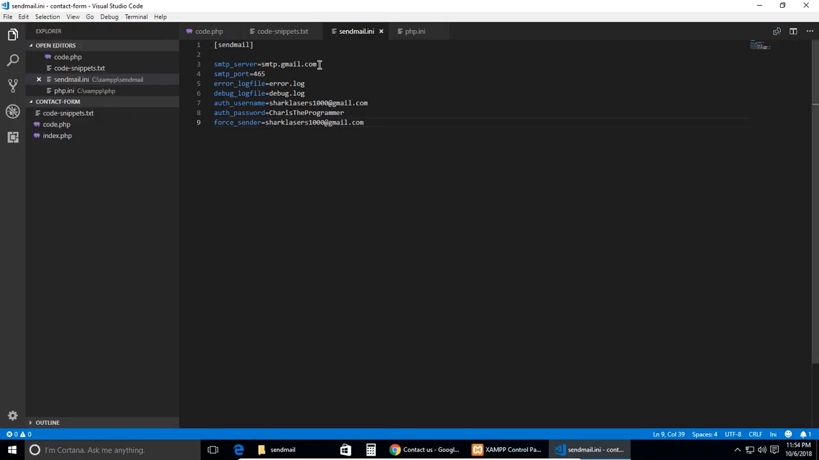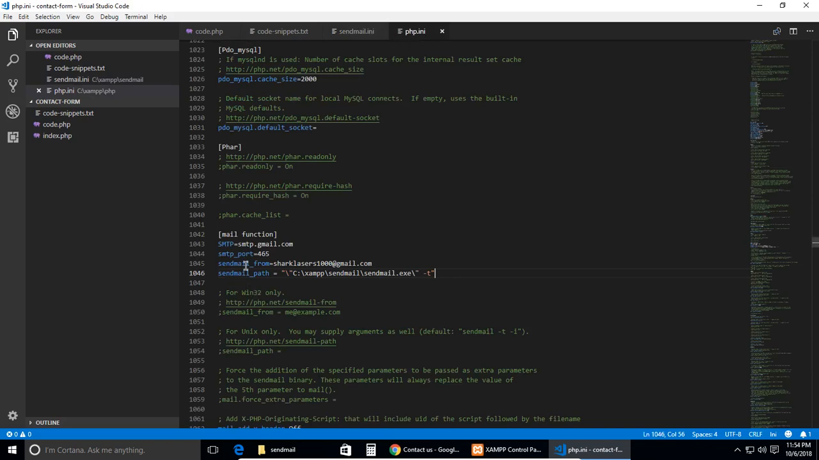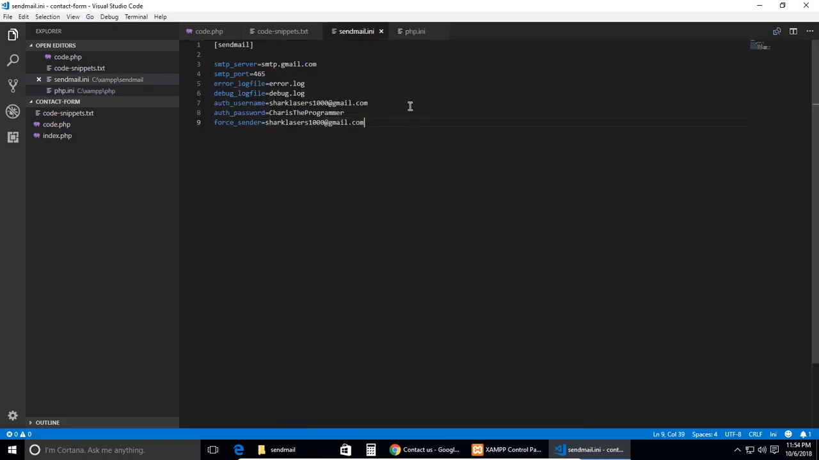So these are the configuration settings. Basically in php.ini, it's telling us we want to connect to Gmail at this address, smtp.gmail.com. We want to use this port, and this is where we're sending email from, and this is our email sending program, right? And then in the sendmail.ini configuration file, again, it's telling the computer that we're sending through Gmail. We're using port 465, and this is just telling it to use this file, error.log, for logging any errors. And auth_username is telling us that when we are logging into Gmail, we want to use the username